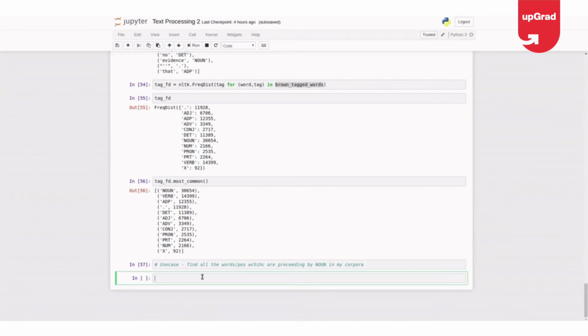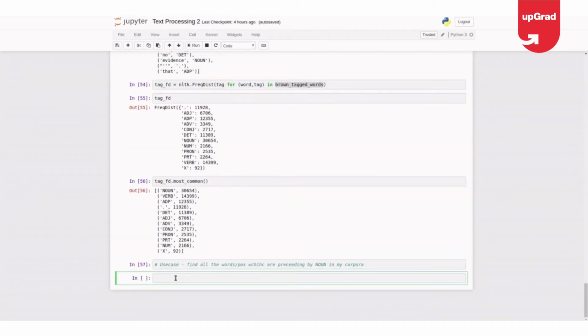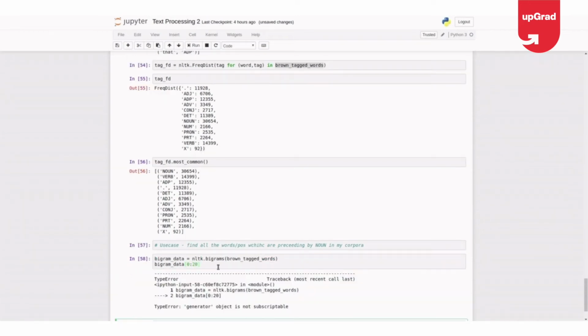But let us convert it into bigrams. So where is my data? Brown tagged words. Now bigram data equal to nltk.bigrams of my corpus. Let me take bigram data of 0 to 20. Okay, it's saying it's a generator.